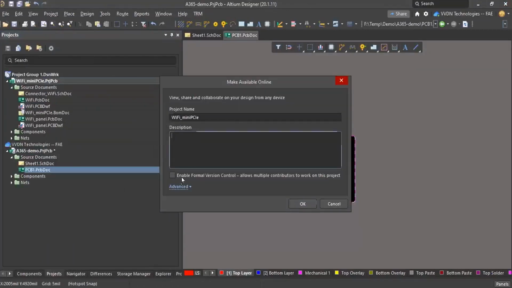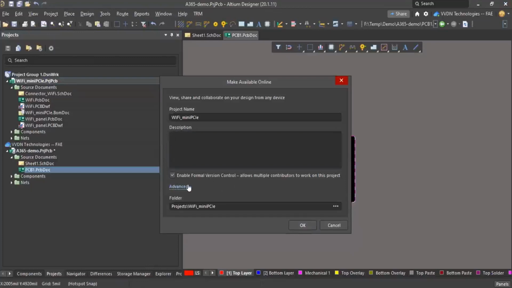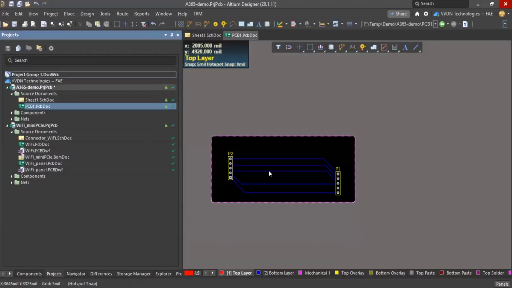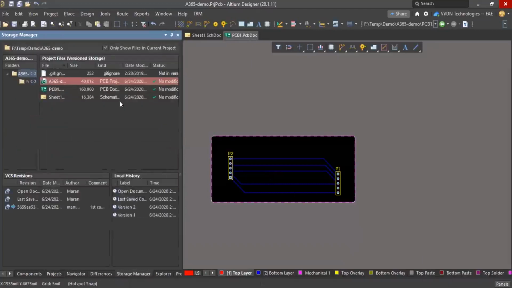You can simply do that, and then you can enable the version control features. Okay, click OK. So the rest is all the same, like modifying, committing, and then you can track the commits in the Storage Manager panel. Okay, comparing the versions. So everything is the same.